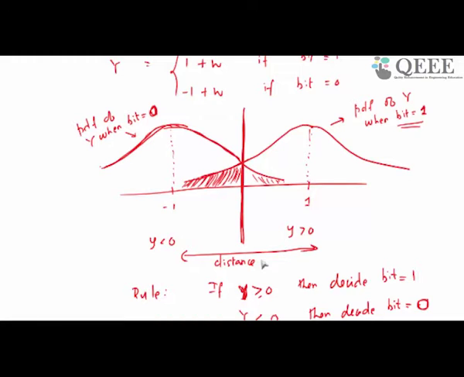is the one which decides how much error you will make. For instance, instead of 1 and minus 1, if I have 10 and minus 10, by making it 10 and minus 10, I am actually changing the signal power. If I am using 1 and minus 1, it will have some power. Instead, if I am using 10 and minus 10, I will use a higher power. So when I increase the distance, clearly the error probability will come down, because I am actually looking at this particular probability of the Gaussian distribution, right? But when I increase the distance between these points, then my error performance will improve.